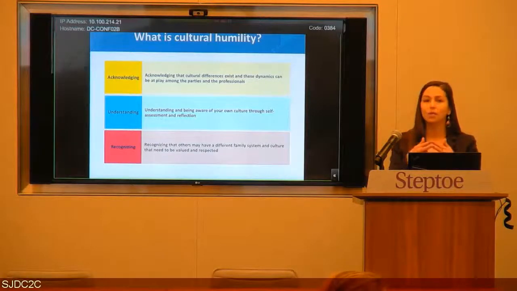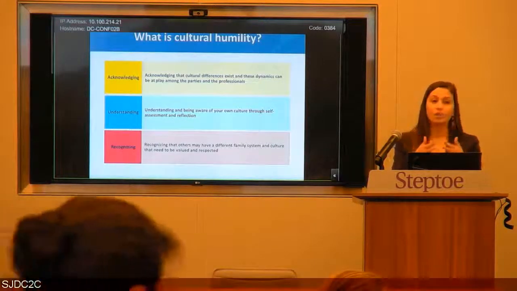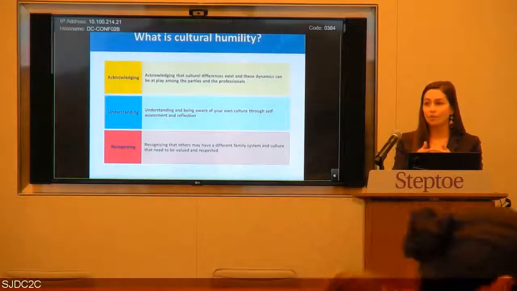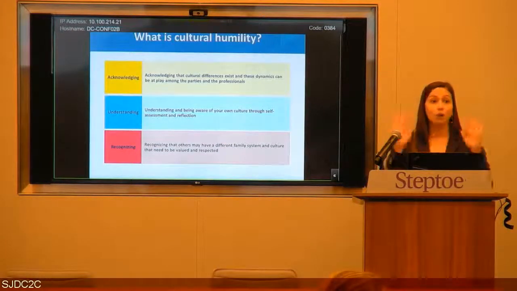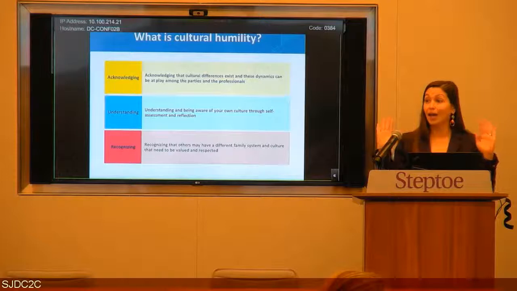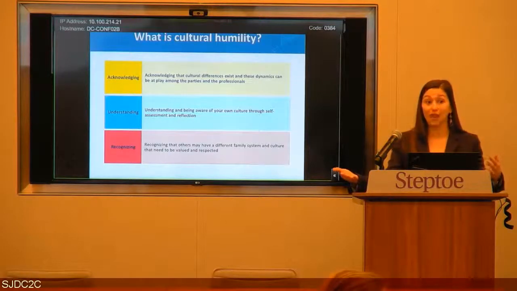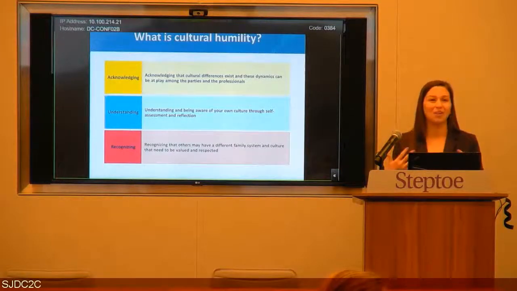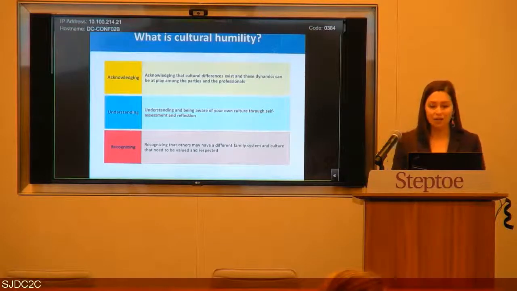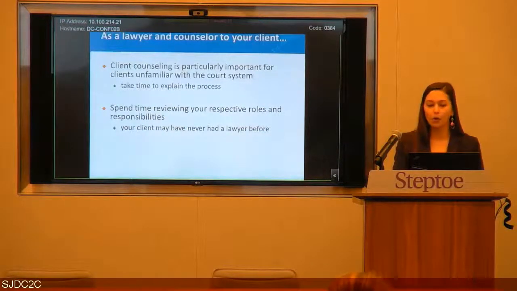Because ultimately we're looking to help families reach an agreement that's going to be in the best interest of a child, and that us lawyers and the court system can back out of, and you've got something in place that's going to work for them. So we really do not want it to be about us, because it isn't about us. So recognizing these other systems and cultures, integrating that work and respecting that is critical in the representation. So that's part of being culturally humble.